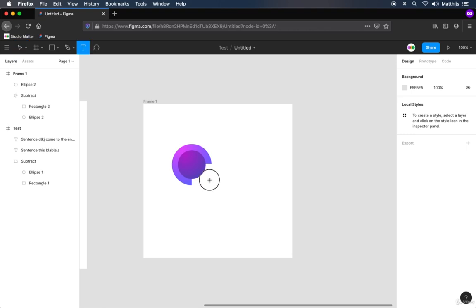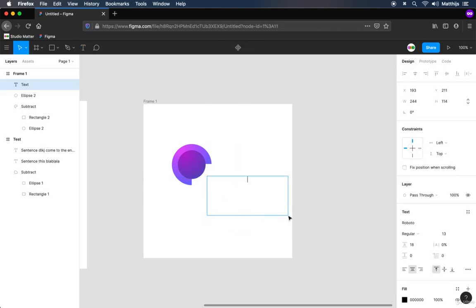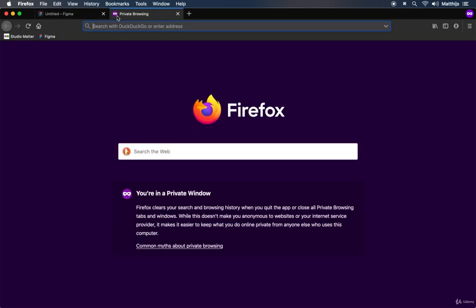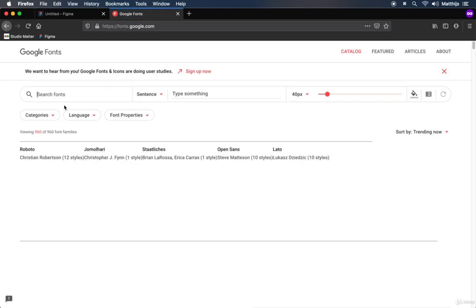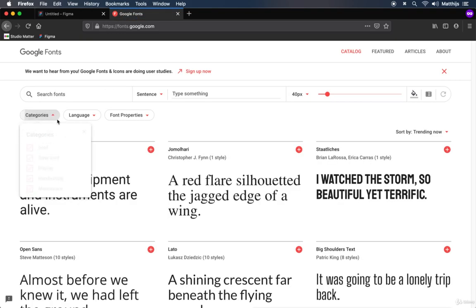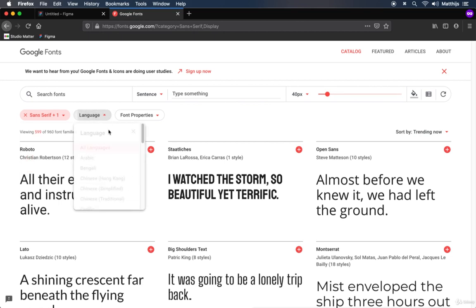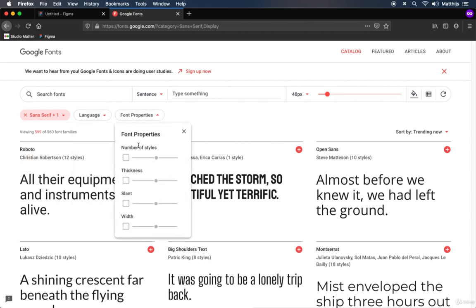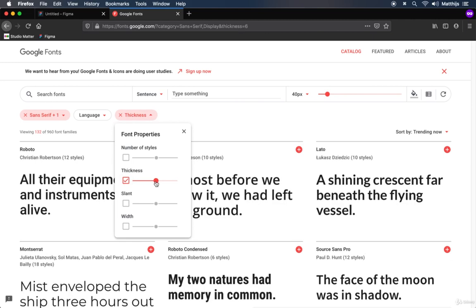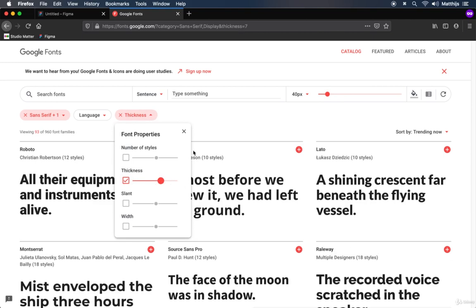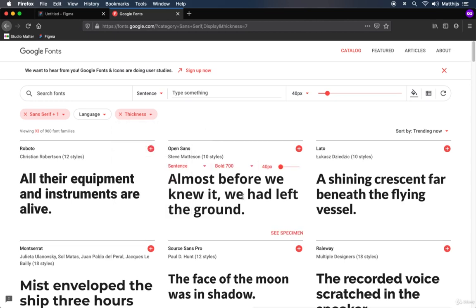So let's add a little text in there. Let's call our planet blob. And let's choose a nice font for that. So I'm just going to go into fonts.google.com. And I think a nice one would be a sans serif font for display. And I want it to be quite heavyweight, so I'm going to pick the thickness here and say that it should be pretty thick. Yeah. All right, so let's go for